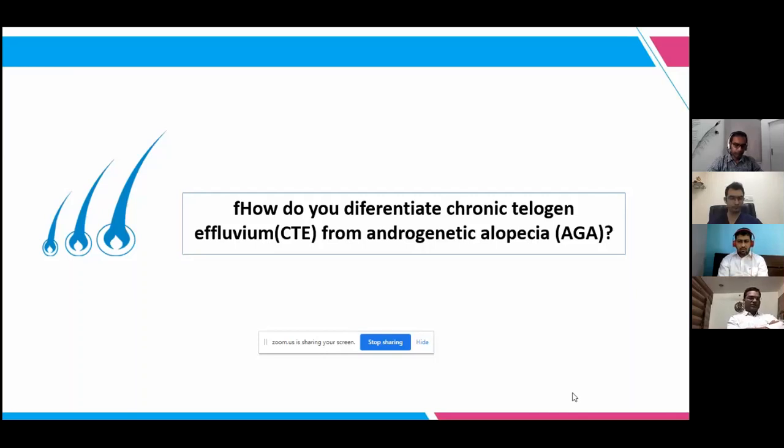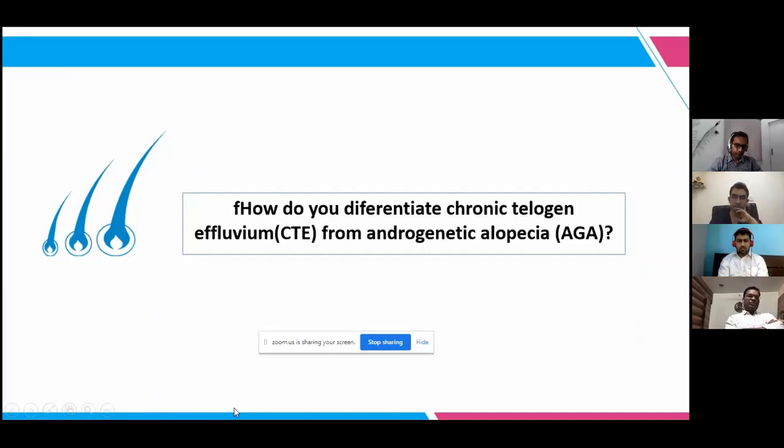In androgenetic alopecia, you can see the pattern alopecia. In males, you can see the pattern alopecia like the classification, the normal classification: grade 2 is normal only. From grade 3 onwards is significant. Significant ones we consider for the treatment. So from grade 3 onwards to grade 7 is a typical pattern alopecia.